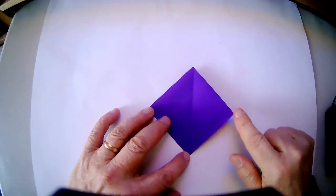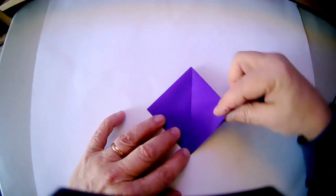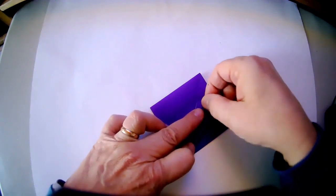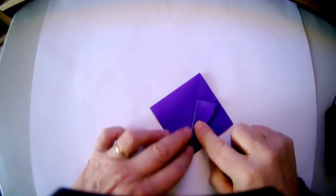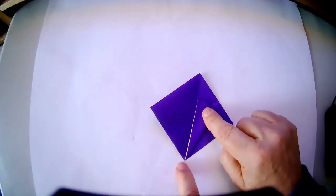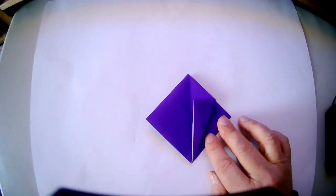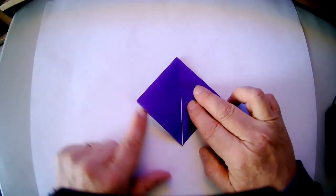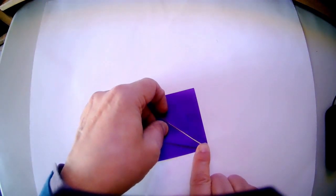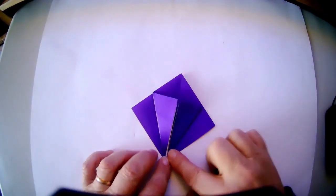And we're going to take this edge here that runs from the bottom point to the outside point, and we're going to fold that edge so that it lines up with that center crease in the model. And comes sharply through the point at the bottom. And you can see that it's made half a kite shape. Having done that, we're going to do exactly the same with this edge here, folding it to the center to meet the other one, so that it makes a sharp point at the bottom. And now you have this full kite shape here